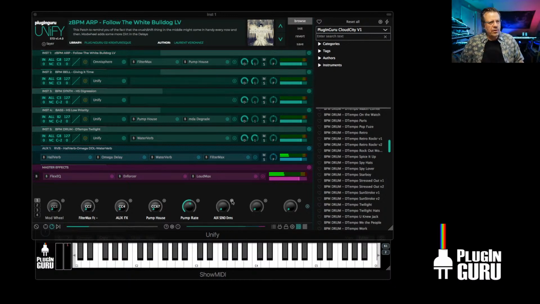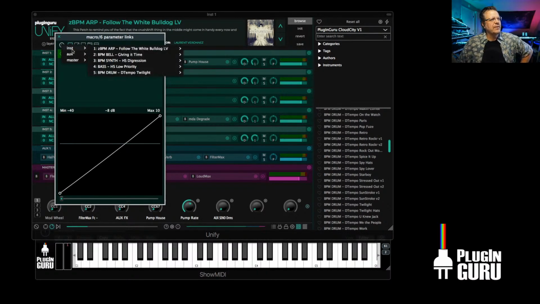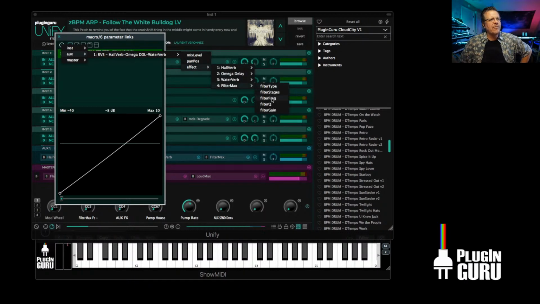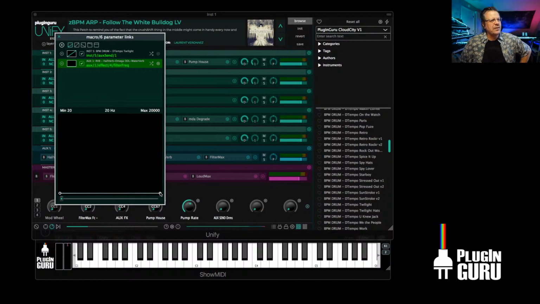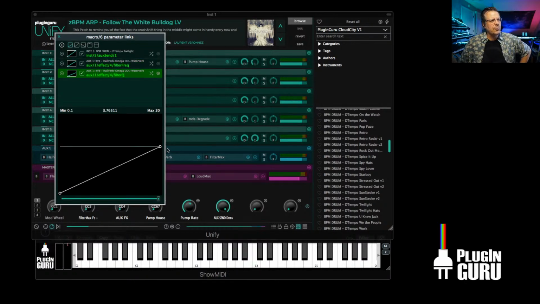Now I'm going to do a shortcut. I'm going to hold down Option and I click this bullet and it pops up this link parameters page quickly. And we go to auxiliary bus, to the effects, to filter max. And we want to have one for the filter for the frequency as it goes up, and then another one for the auxiliary effects filter max for the Q, the resonance. So this way, as the knob starts low,